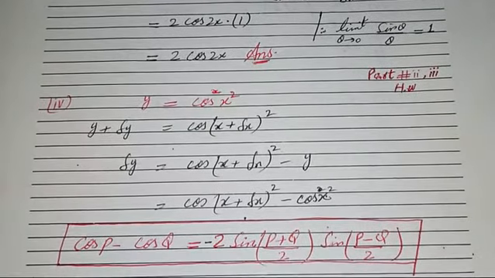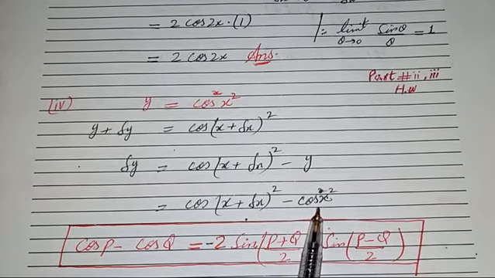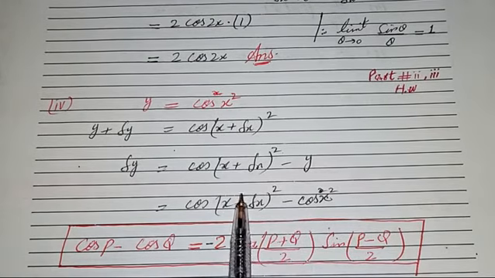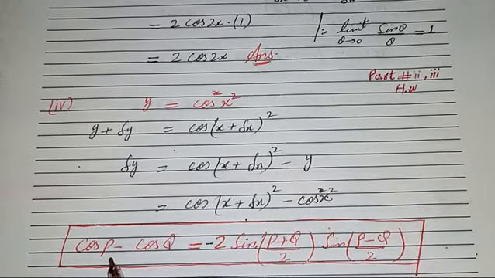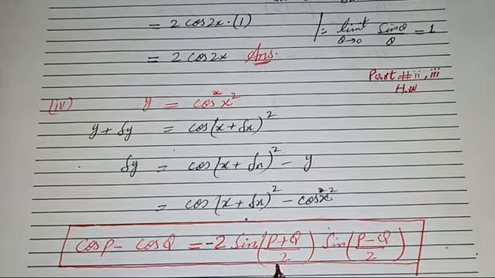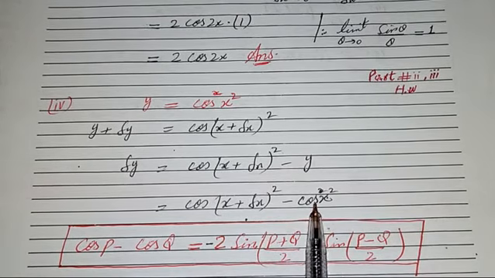So we can observe here, this is also the formula of cos p minus cos q. This one is, if we consider p and this one x square q, then it becomes cos p minus cos q. And the formula of cos p minus cos q is minus 2 sin (p plus q) over 2 sin (p minus q) over 2. When there is cos, then there is no mixing of trigonometric function, both are sine. But when there is sine, there is mixing, one time sine and cos. So by applying this formula we will solve and continue this question.